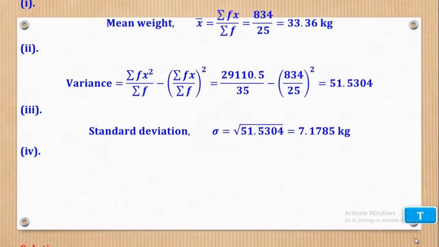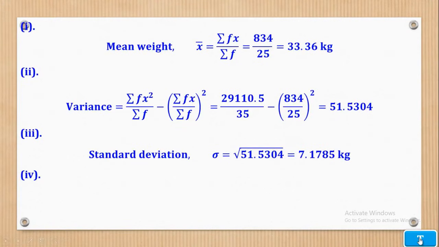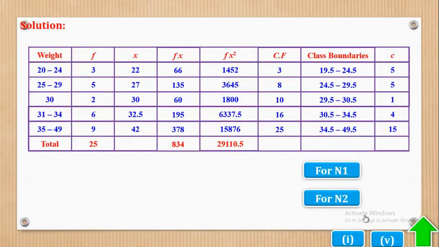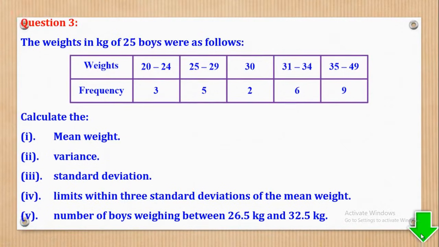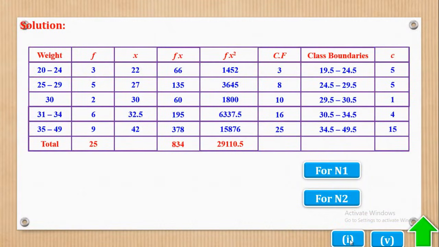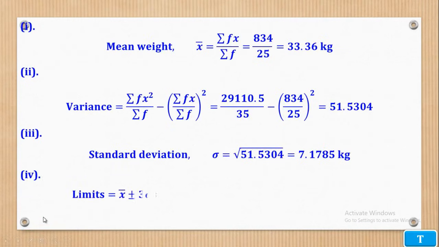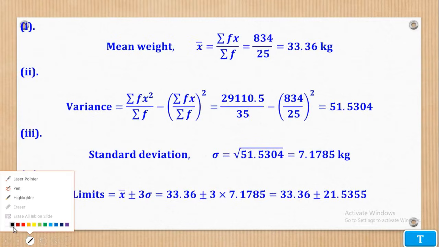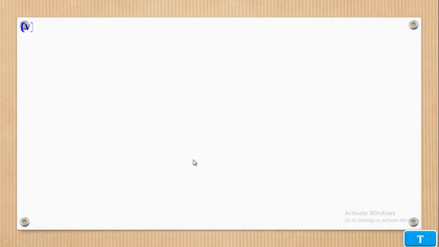Then Roman 4, the limits within 3 standard deviations of the mean weight. So we shall quote the formula, substitute, and then get the lower limit and upper limit, and that's what they wanted. Then for Roman 5,